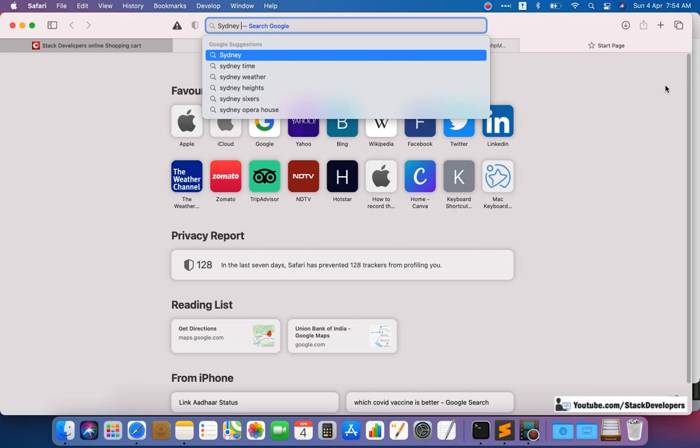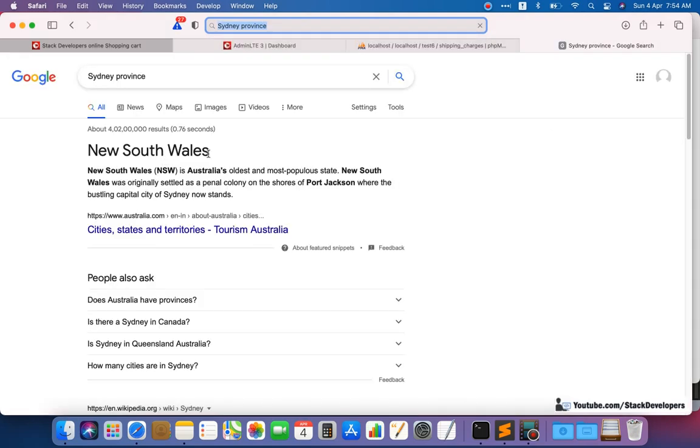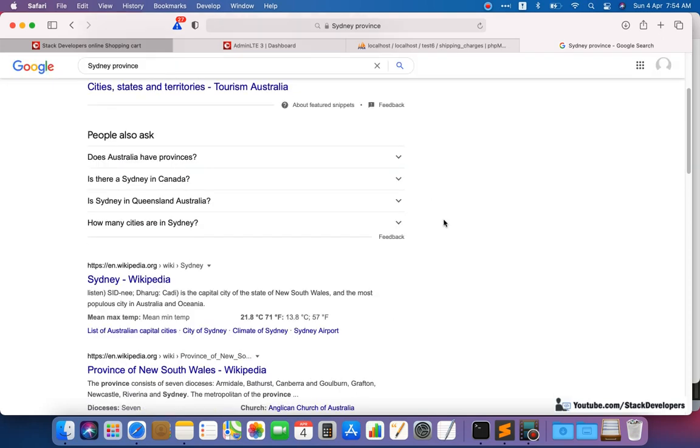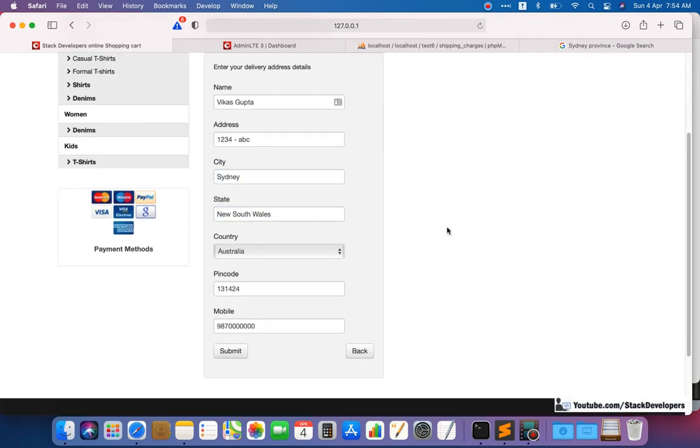And the province, I don't know much, New South Wales. So we are going to add the city and state as New South Wales, like this, Sydney.